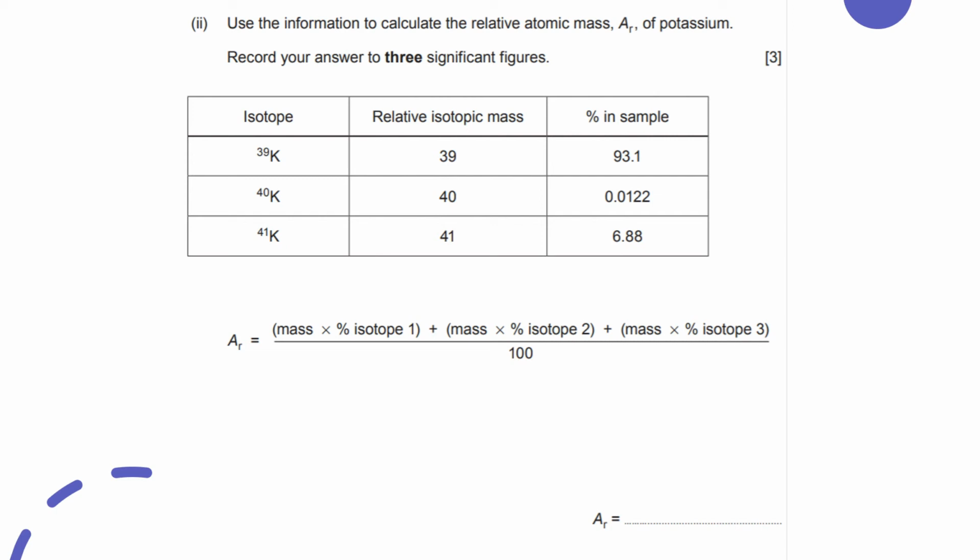This one actually has three isotopes. Potassium-39 with the abundance of 93.1, potassium-40 with the abundance of 0.0122, and potassium-41 with the abundance of 6.88. So again, putting it into the equation, you times the mass of isotope 1, which is 39, times its abundance, which is 93.1. The mass of isotope 2, which is 40, times the abundance, which is 0.0122. And then the mass of isotope 3, which is 41, times its abundance, which is 6.88, over total abundance, which is 100, which equals